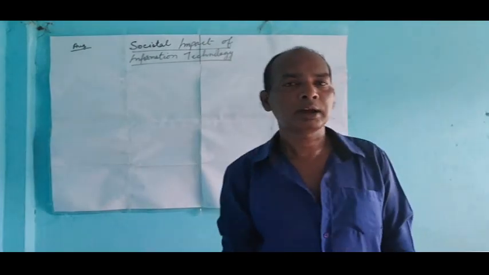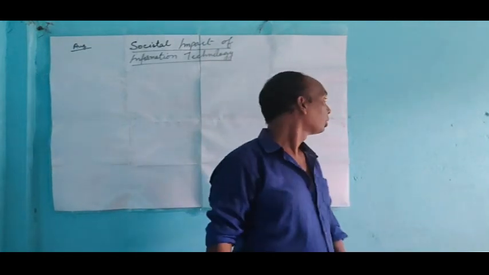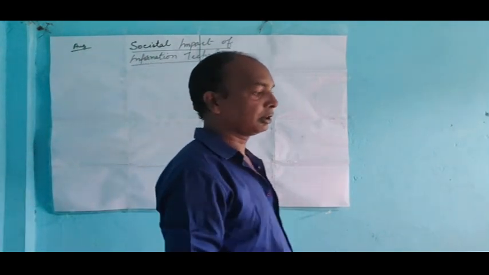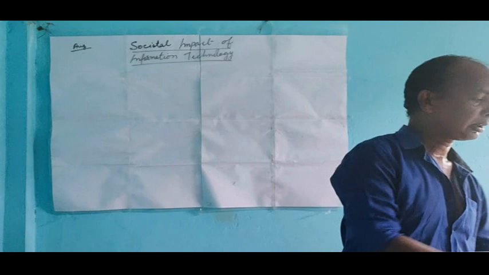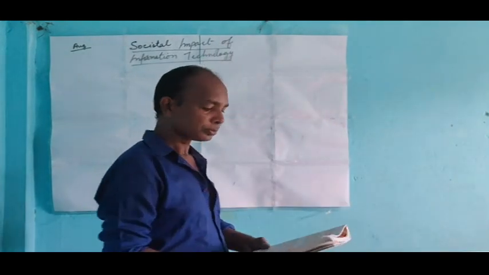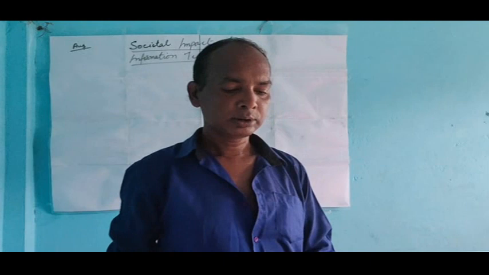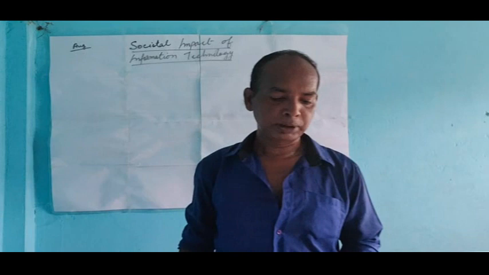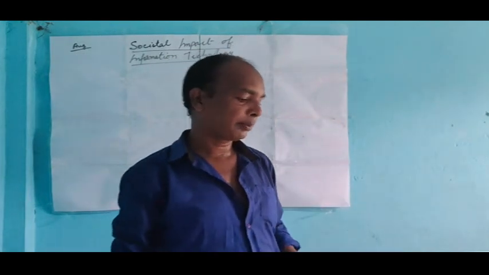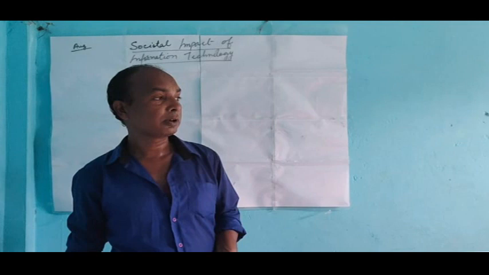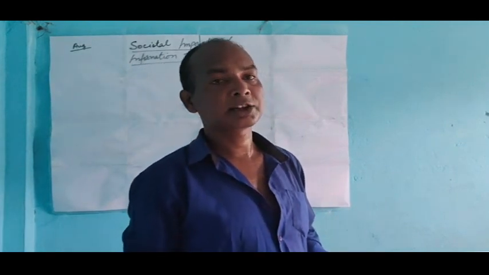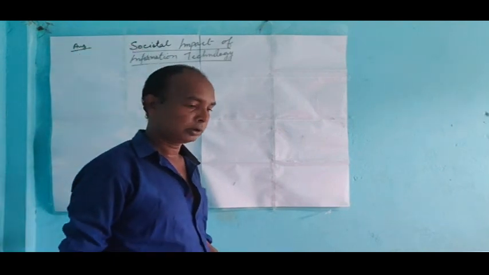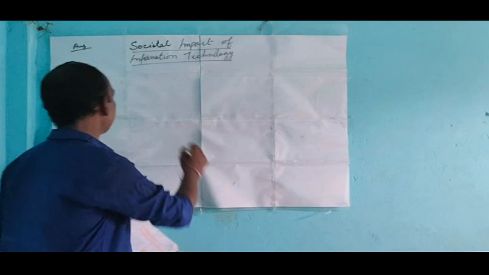Good morning, students. Now I'm going to start the new chapter, that is societal impact of information technology. In this chapter, we will learn about antivirus software, viruses, worms, spyware, malware, how to make data backup, what is the meaning of information technologies, hackers, etc. So we go through the different topics one by one. The first is about the virus.